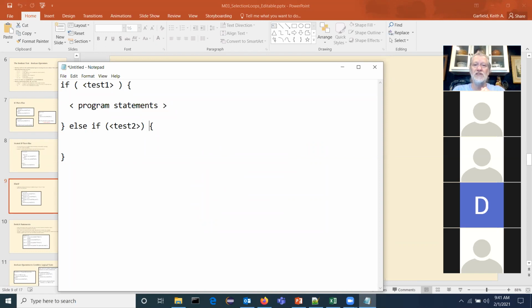So this is an example of syntactic sugar. It does not add computational power or ability, but boy, it's a lot better to program. It seems like it would be more powerful, but it's not. You can do the same stuff with the bare bones if then else's as you can with if then else if. And in fact, the way you would do that